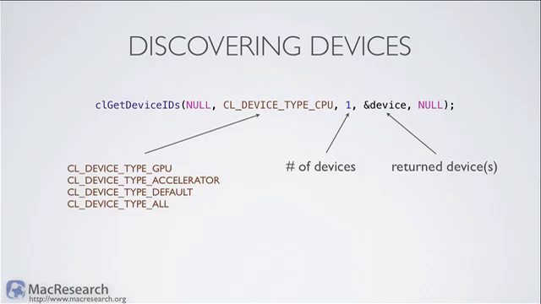You might just be looking for one very specific device. If you're looking for one, that's easy. If you're looking for multiple ones, or you just want to get a list and then parse through that list to see, oh, this is the one that I really want, you can do that as well. And you do that by passing in